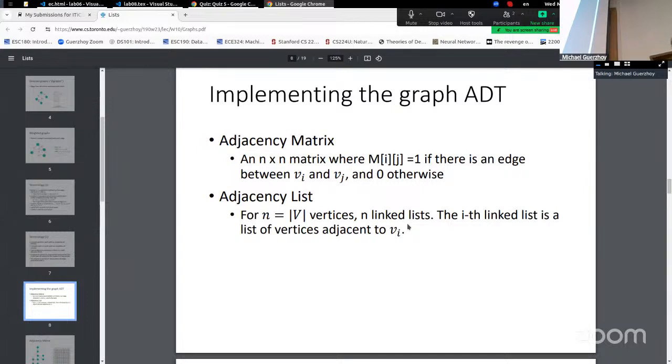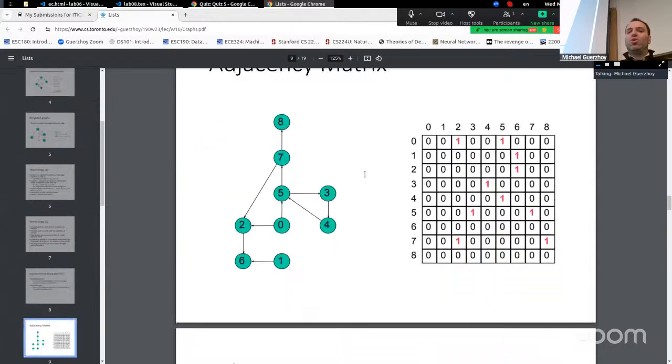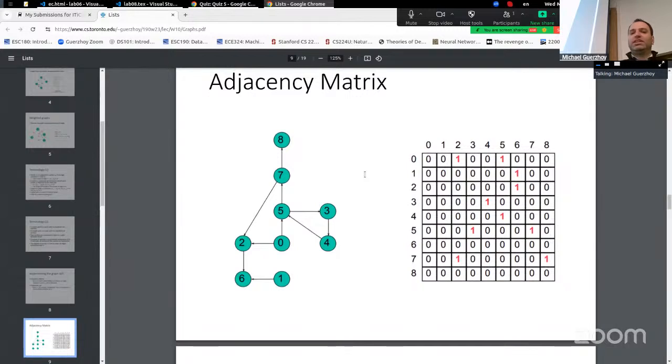So here are two options in terms of how you can implement a graph. You can imagine thinking about it as what's called an adjacency matrix. This would be a square matrix, and you would put in 1 if there is an edge between the ith vertex and the jth vertex, and otherwise it would be 0. That would look something like this. So here, for example, there is an edge between